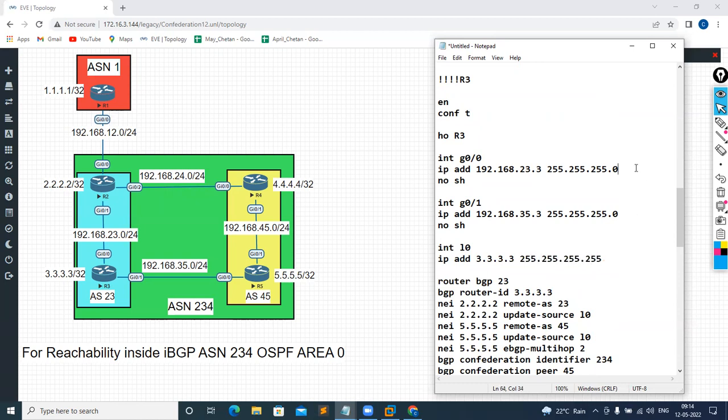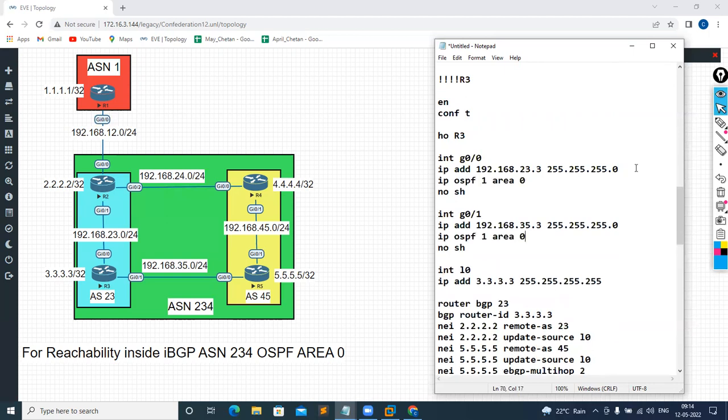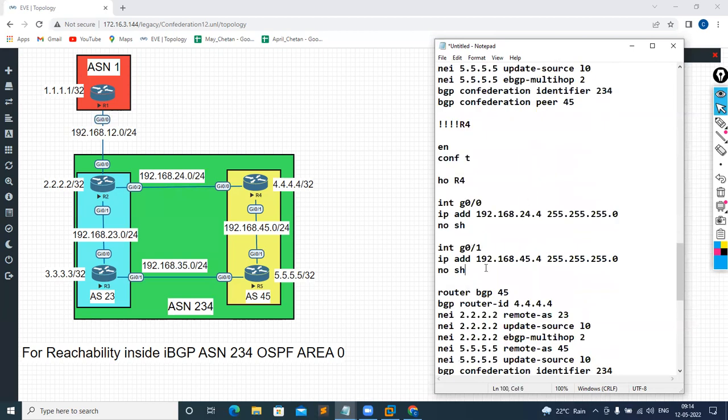So now enable OSPF. On R3, you need to enable OSPF on all the interfaces: on Fa0/0, on Fa0/1, and on the loopback. Now go to R4. Create the loopback